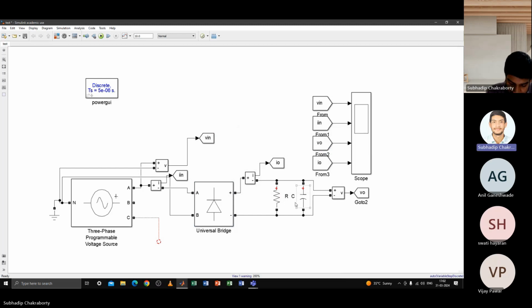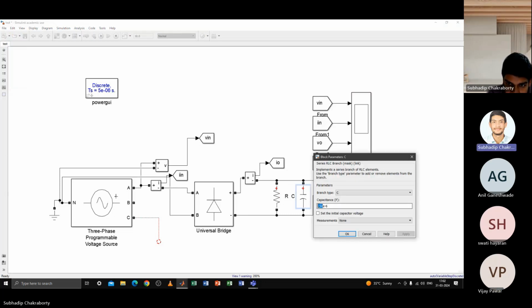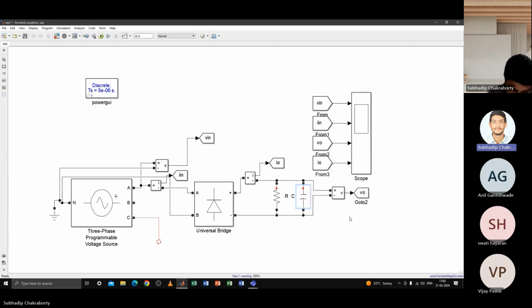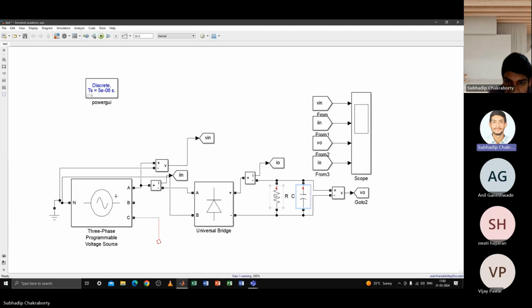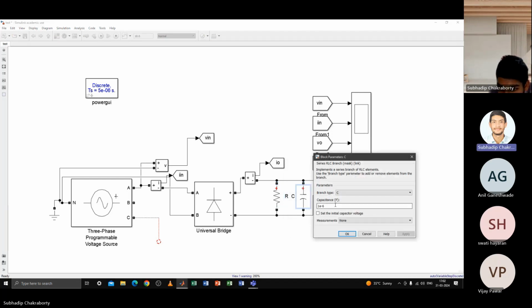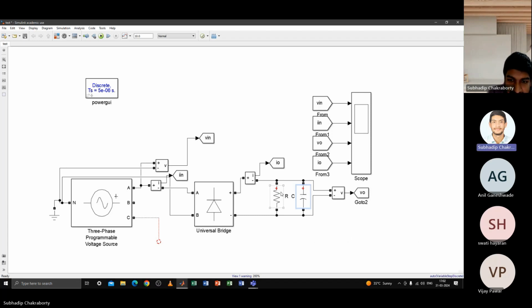So this is what kind of load? Can any one of you tell me? If C's value of capacitance is very less compared to R, then it can be considered as a linear load, right? For example, if I make the value of C quite small compared to R, for example R is taken as 10 ohms, the resistance is much larger compared to the capacitive admittance, because if you reduce the value of the capacitor, then the capacitive admittance will be much higher. So effectively, it is just a diode bridge rectifier connected to basically an R load. Okay. So if I simulate it,